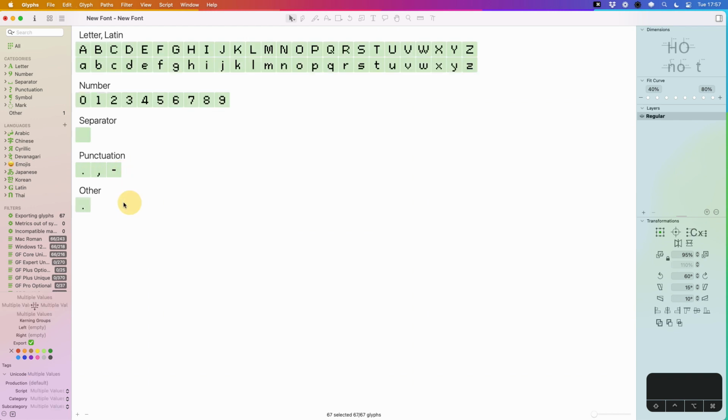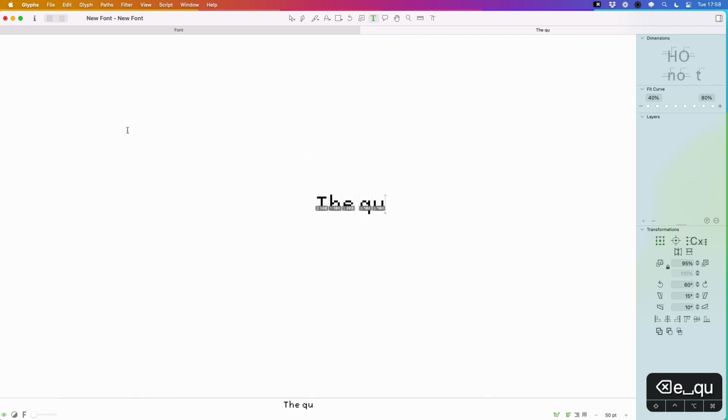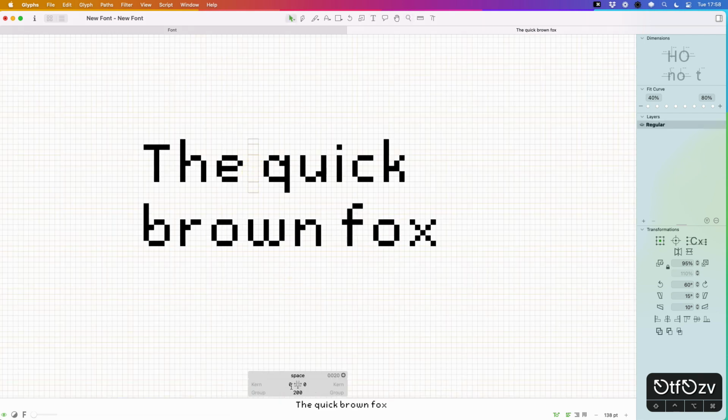And I believe that's everything. So yeah, the other would be the punctuation dots. So I do have the separator here, and the way that I would deal with spaces here is if I just type in a sentence, we'll just say the quick brown fox. Make sure I push all my buttons here. So what I'm going to do is I'm just going to hit that space and then effectively just kind of